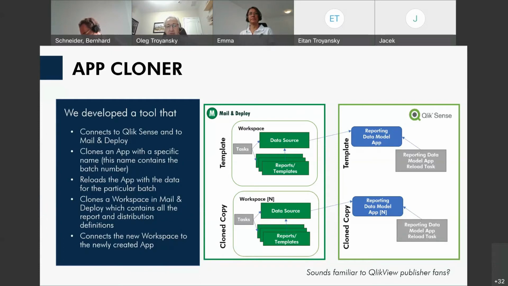and replicate it, adding a number to the app name. So if I have my application called My Reporting App, then in the cloned copy, it's going to be Reporting App number 1, number 2, number 3, and so forth. And these numbers represent these batches, these up to 30 batches that we said. And inside the app, we have logic in the script that would read that setting, get the number from the name of the app, and then go to the data where we defined each client with the corresponding batch number, and then